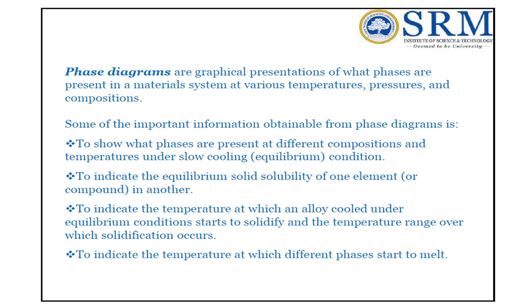Equilibrium condition is when the cooling of a material takes place, and we are assuming that the cooling takes place at a constant temperature. When we are heating a metal up to its melting point and then cooling it, we assume that the cooling takes place at constant temperature. That is called an equilibrium condition. To indicate the equilibrium solid solubility of one element or a compound in another,